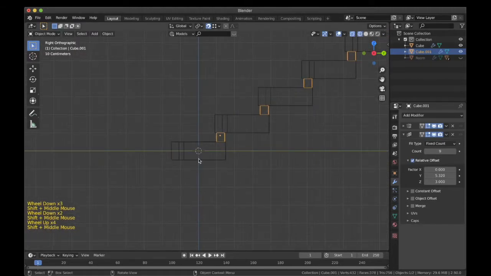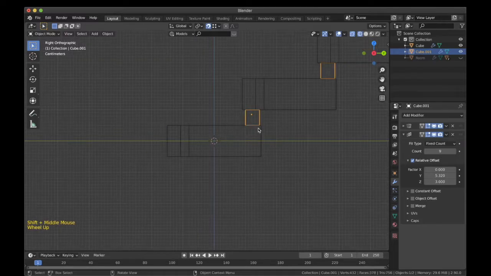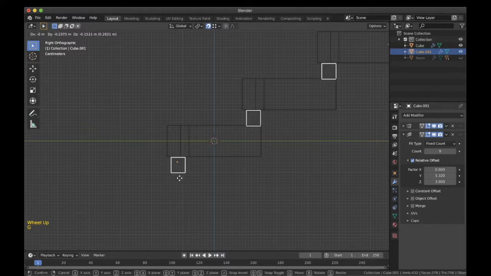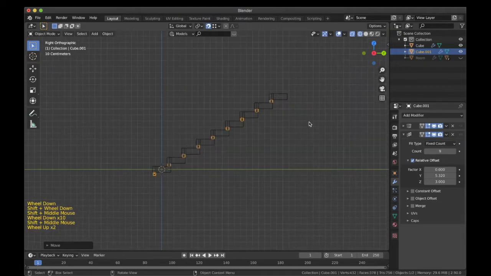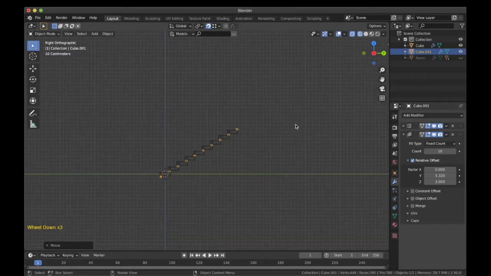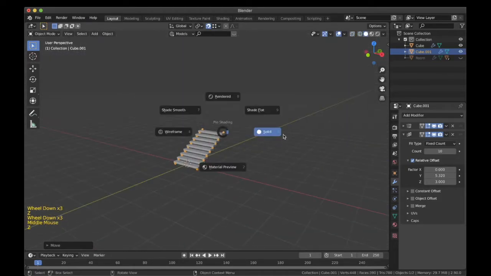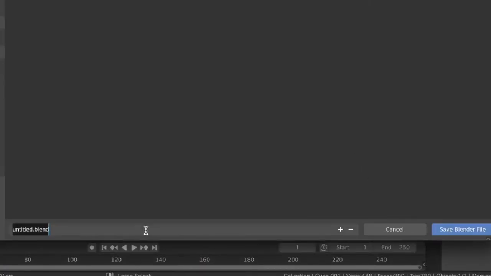In fact, what we are missing over here is that the basic step, the first step, will also be risen from the floor. So I will move it over here. And then give it a count of 10. Because over here there will be a landing, mid landing of the steps. For now this looks fine. What I will do is I will save it over here, tutorial.